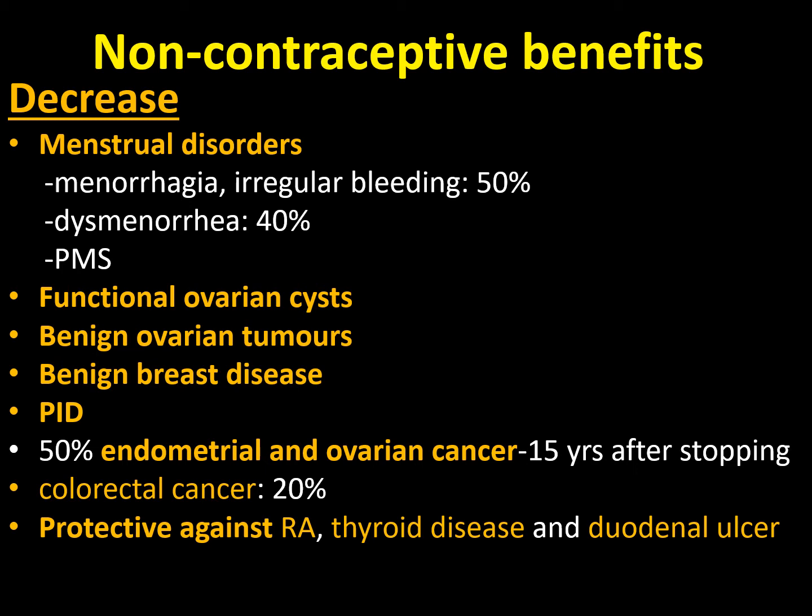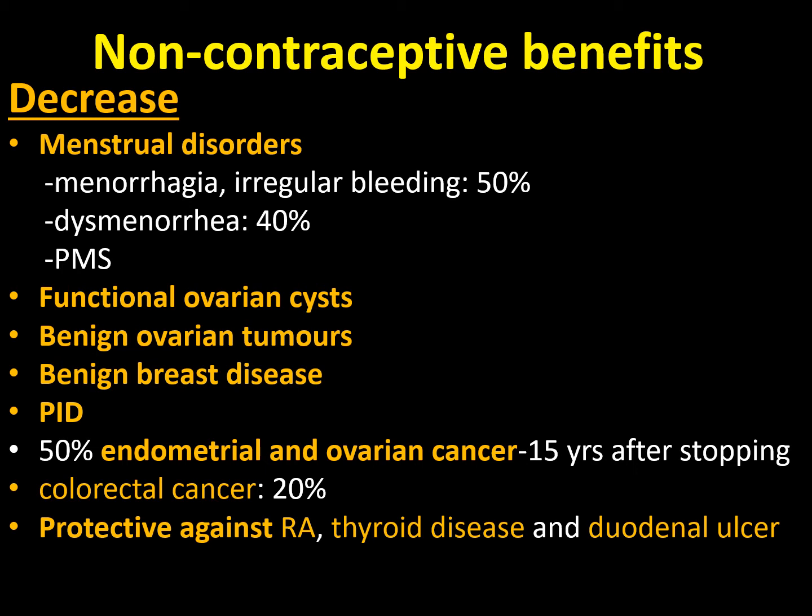Also, they reduce dysmenorrhea by 40%. Pills can also be used in the management of premenstrual disorders, and in these situations, Yaz tablets were used because they contain 24 pills, trying to mimic the menstrual cycle as much as possible.